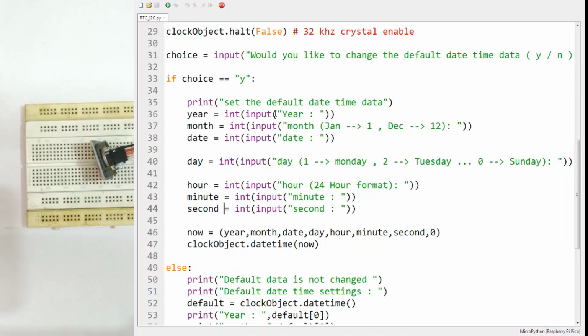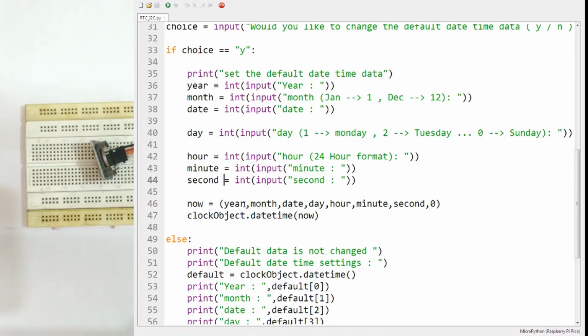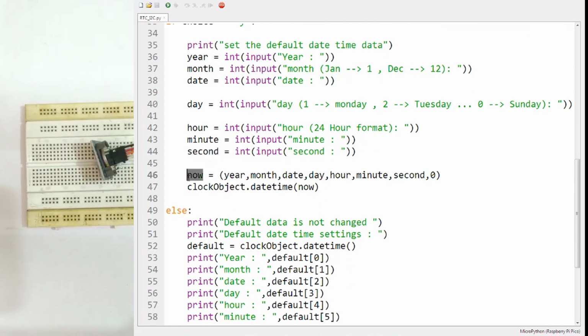These are normal input statements, and convert them into integers. Now you make a tuple of these seven variables. First is the year, second the month, third the date, fourth the day, fifth the hour, sixth the minute, seventh the second.